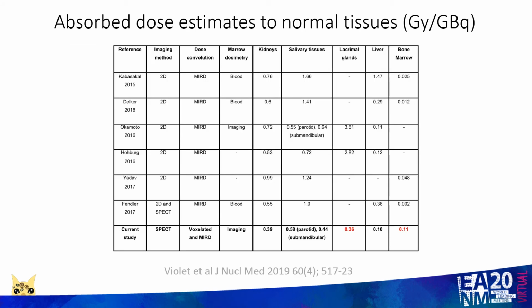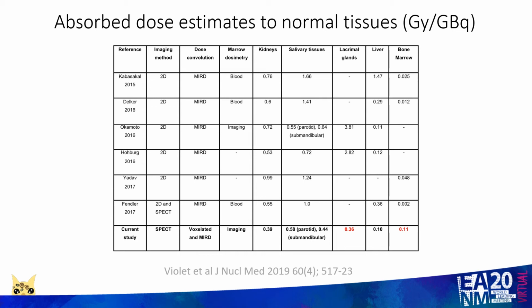If you compare our dosimetry to the published literature, perhaps the first point to note here is that all the other published data in this area, though it's possible that there are more recent studies, have used MIRD as opposed to using a voxelated technique, and most of them used blood sampling to determine marrow absorbed dose. But in general, our doses concur with those seen in other published studies. Our kidney doses are perhaps a little bit lower, suggesting maybe the effects of overlying bowel and the use of 2D imaging. Our doses to salivary tissues are again somewhat lower than those reported, again possibly reflecting artificially high absorbed dose